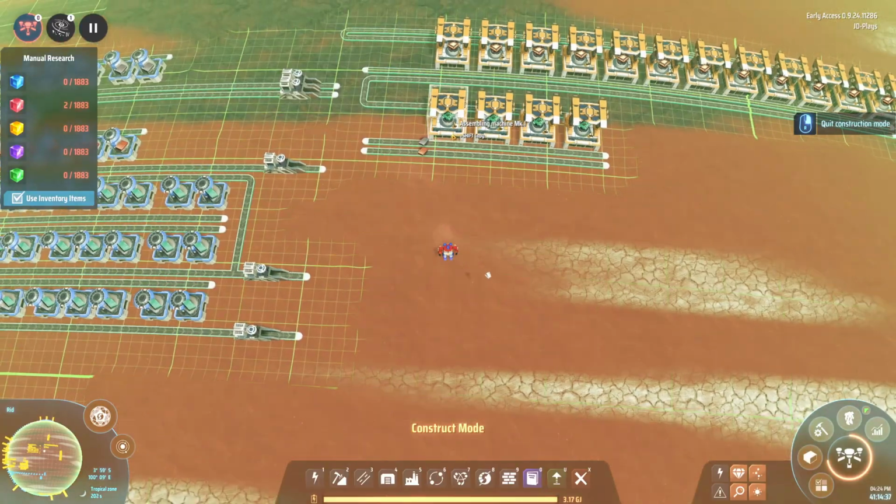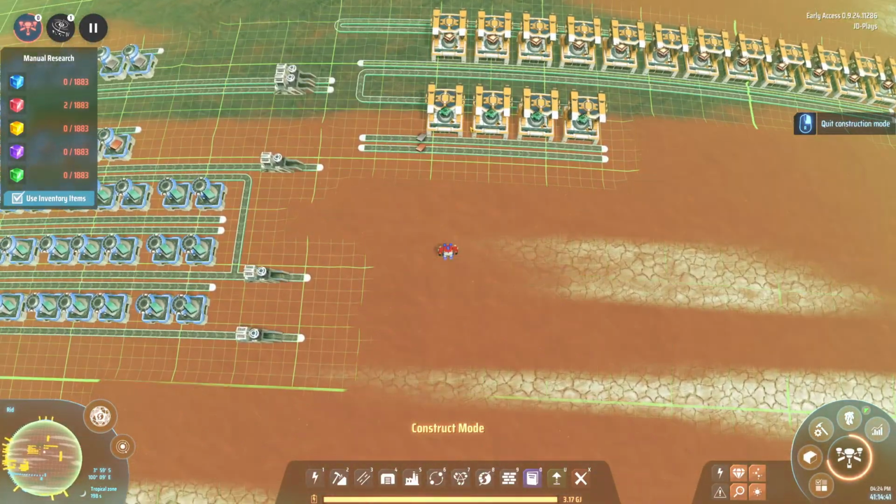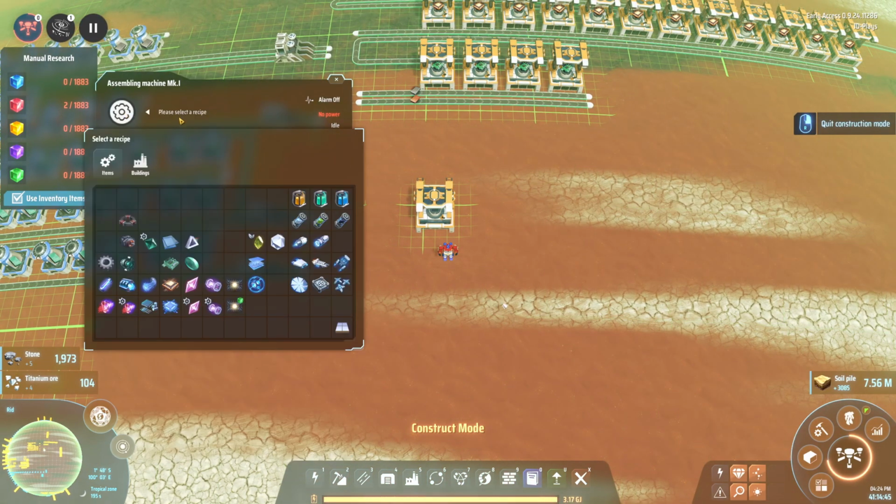Okay, and then we have this much room to build, basically, microcrystalline components, which is probably good, as we need...